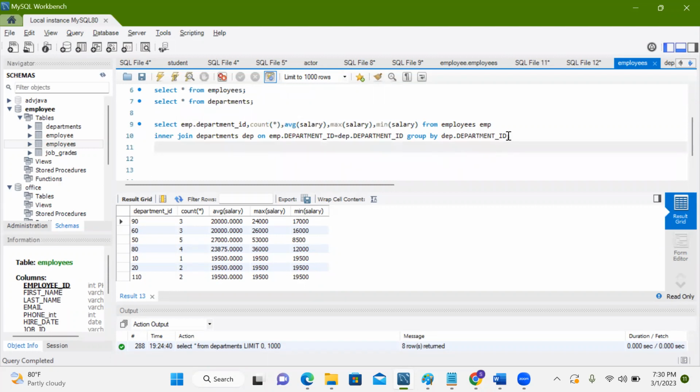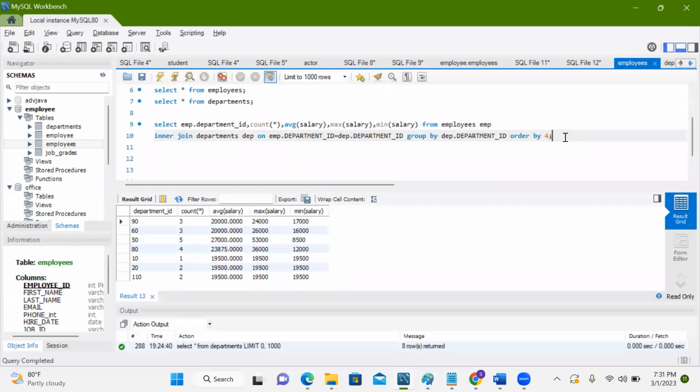Okay, so group by department we did. So I wanted to now do order by. I think you people understood how to use 1, 2, 3, 4. Do you remember? What if I keep here 1? It will take the first column. So 1 is nothing but it will take the department column. So if I keep here 4,